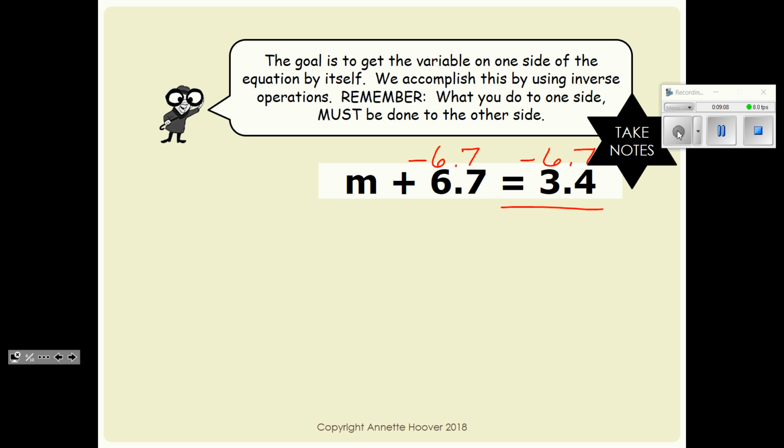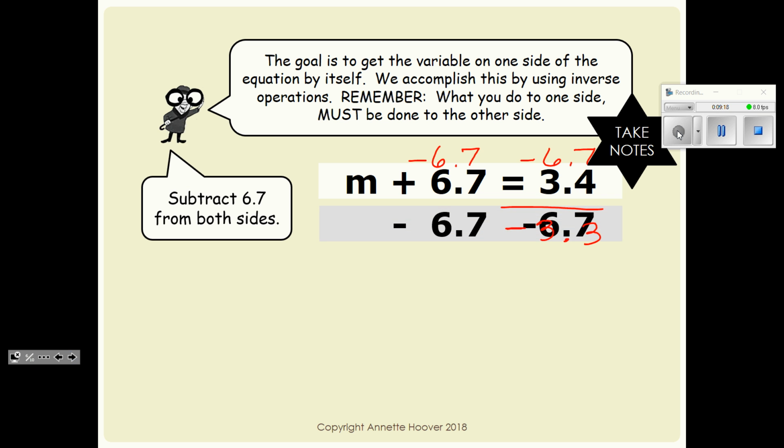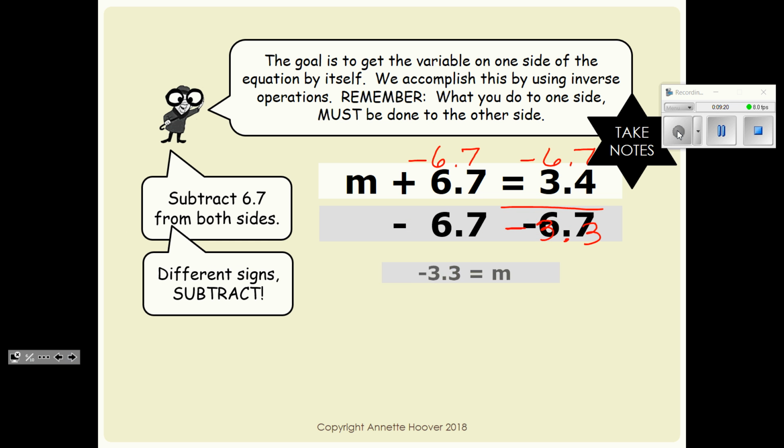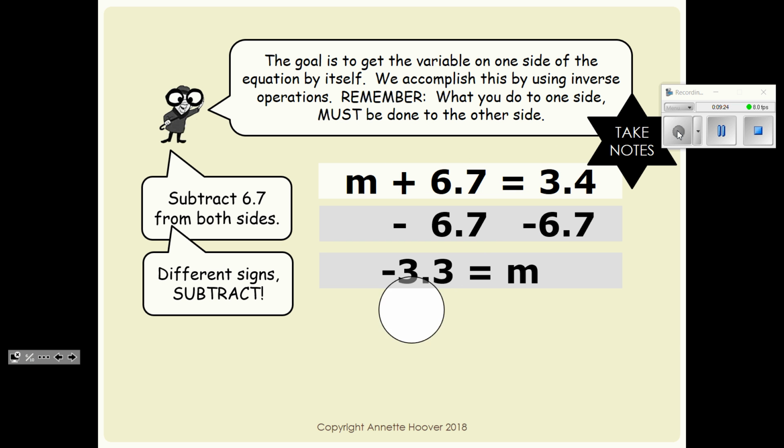Different signs subtract, so 7 minus 4 would be 3, and 6 minus 3 would be 3. Keep the sign of the one with the greatest absolute value, so that would be a negative 3 and 3/10. So you have to kind of be looking ahead behind your eyes. You have to be thinking, remembering all the things that you've learned, and when I see that situation right there,